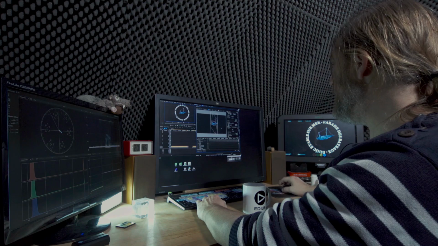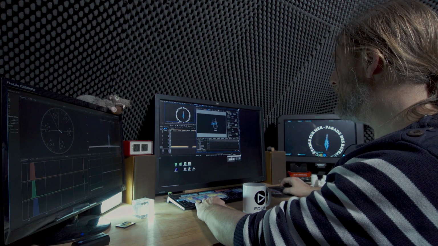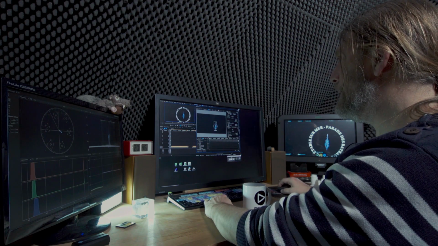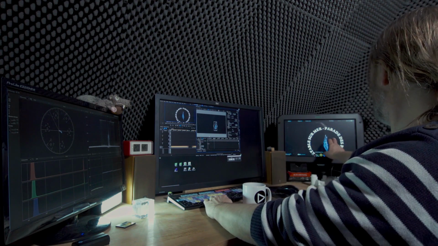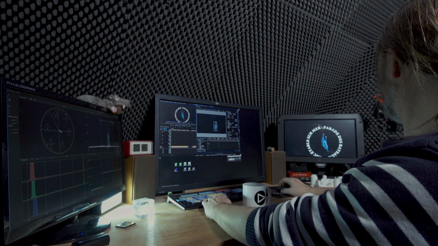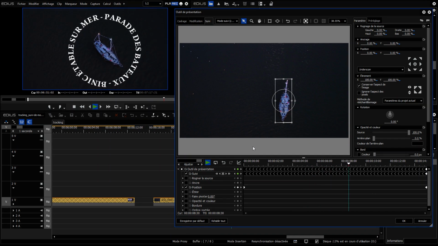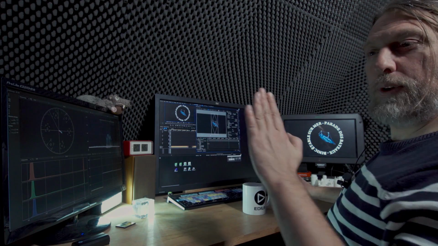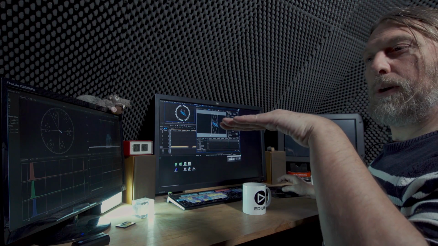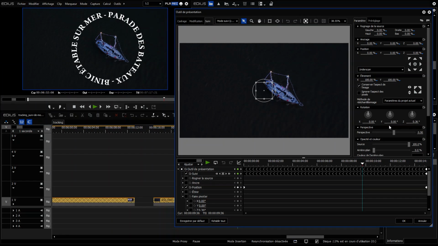So here we have the tracking being carried out. I mean the movement tracking. So as we can see, we have a result which is not bad at all. The only thing is that I would like it to give us the impression that it is positioned flat on the sea.